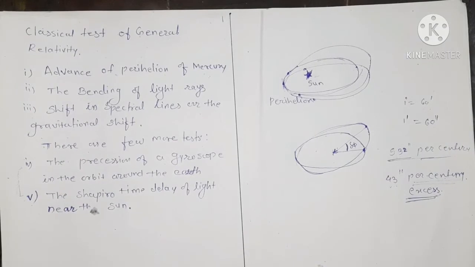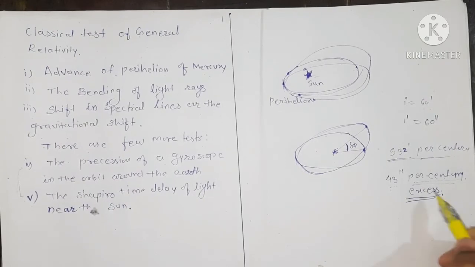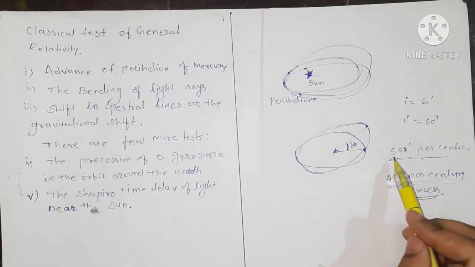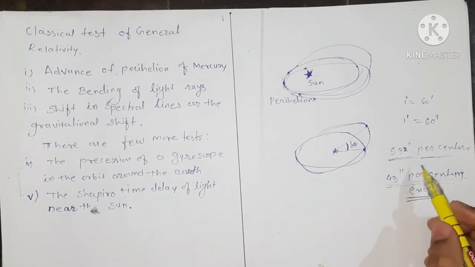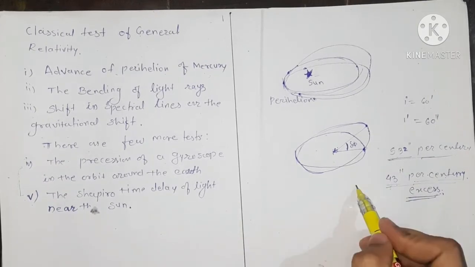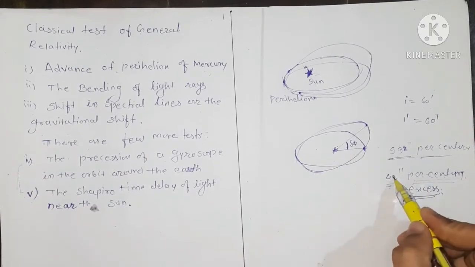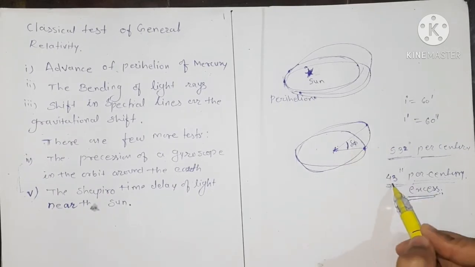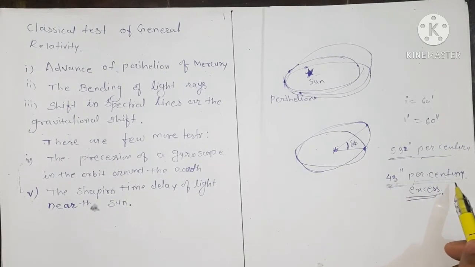And how much shift is there in 43 seconds per century? This is given by Einstein. So Einstein proved this is an excess in the actual perihelion of the orbit. Okay, so this is about the theoretical part of this statement, and we are going to see mathematically how to prove that this is a change in the elliptical orbit, that is delta phi is 43 seconds per century. Okay, now we are going to see the mathematical formulation of this.